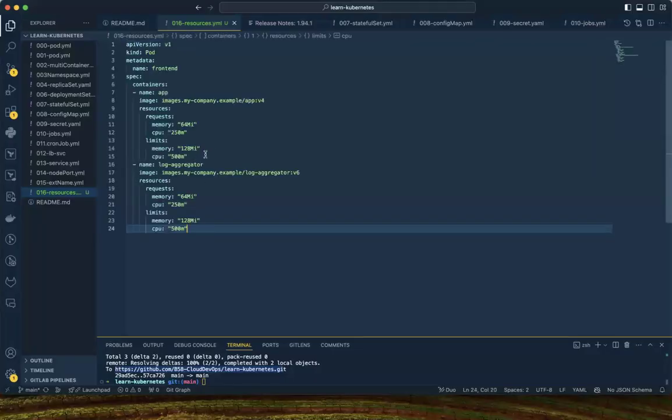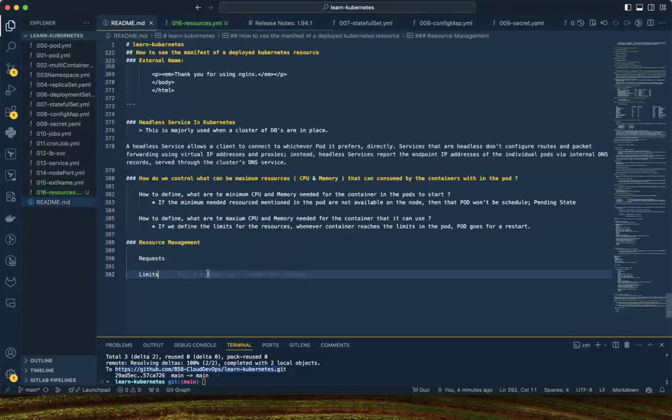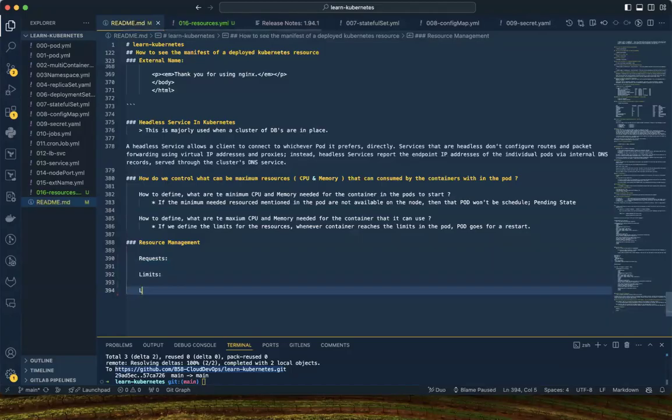Again, keep in mind, limits and requests are not per pod. Limits and requests are per container within the pod. Okay, keep this point in mind. Limits and requests are at the container level of the pod. If we have two containers,